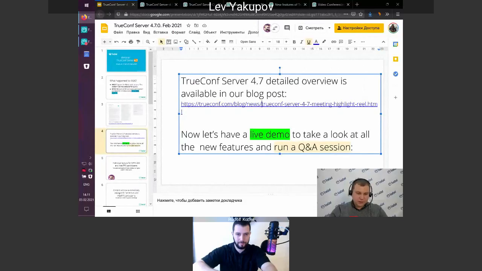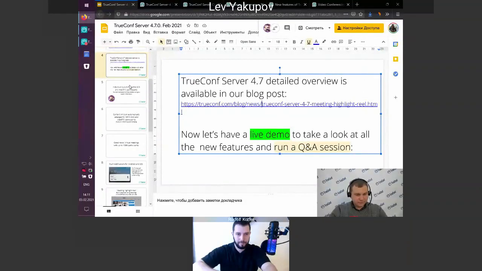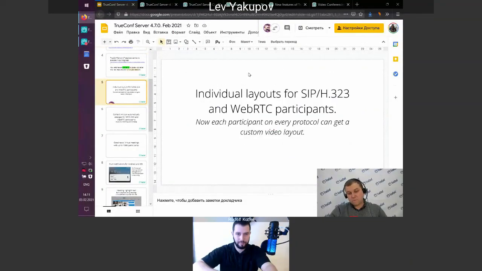So let's get started. The first thing is it is now possible to manage individual layouts for all kinds of protocols connected to the same conference. Before, this feature was only available for participants who are connected using our native applications.